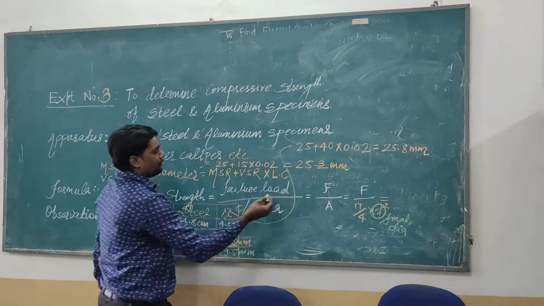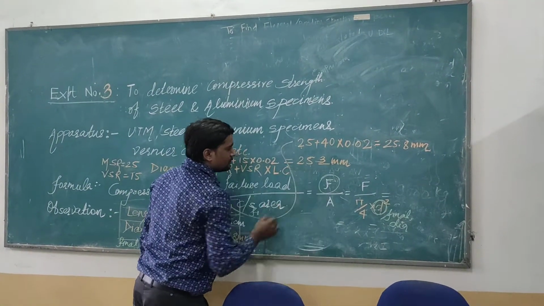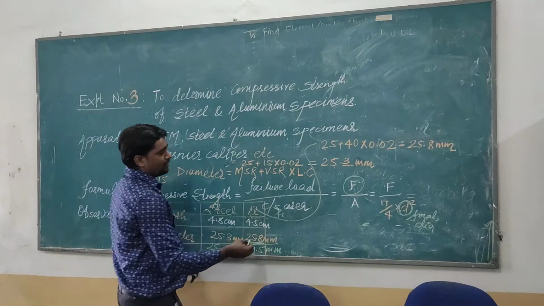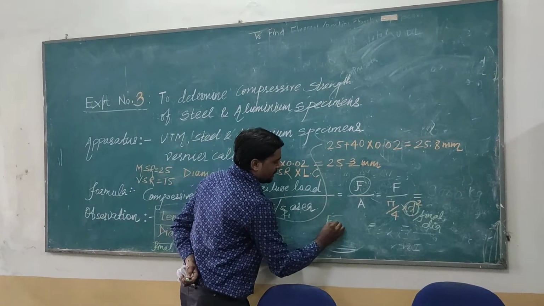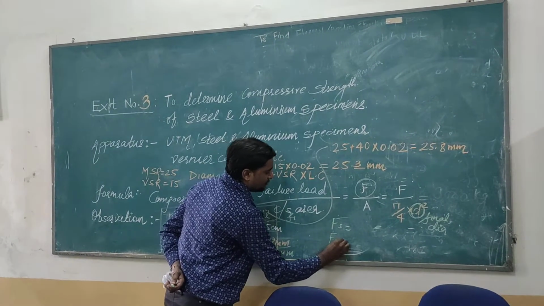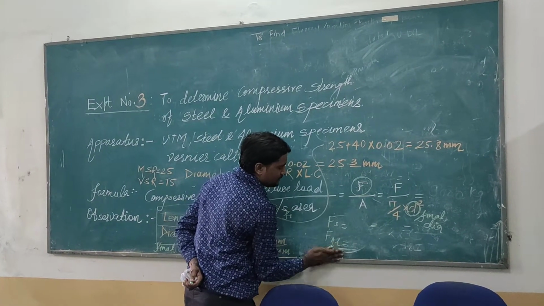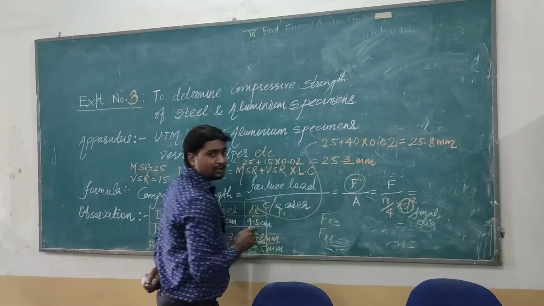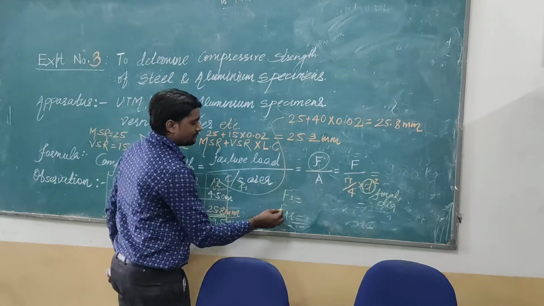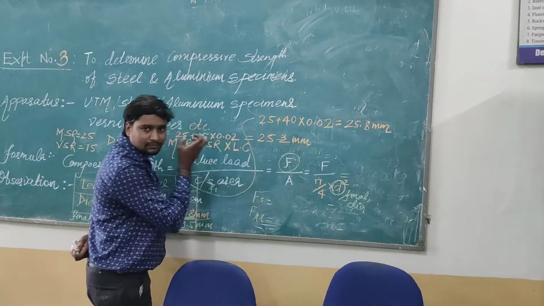So the failure value for steel material we got, Fs we can say, and F aluminum. Still 20